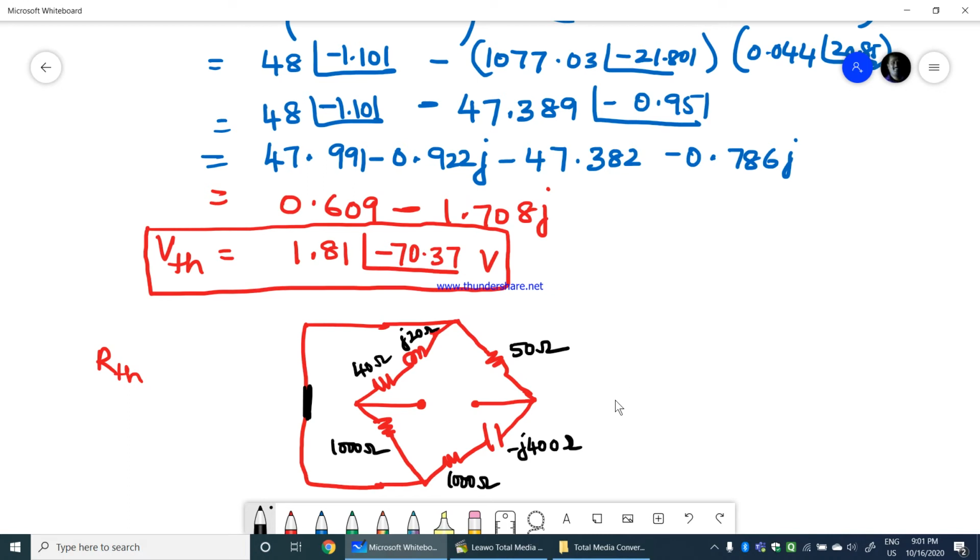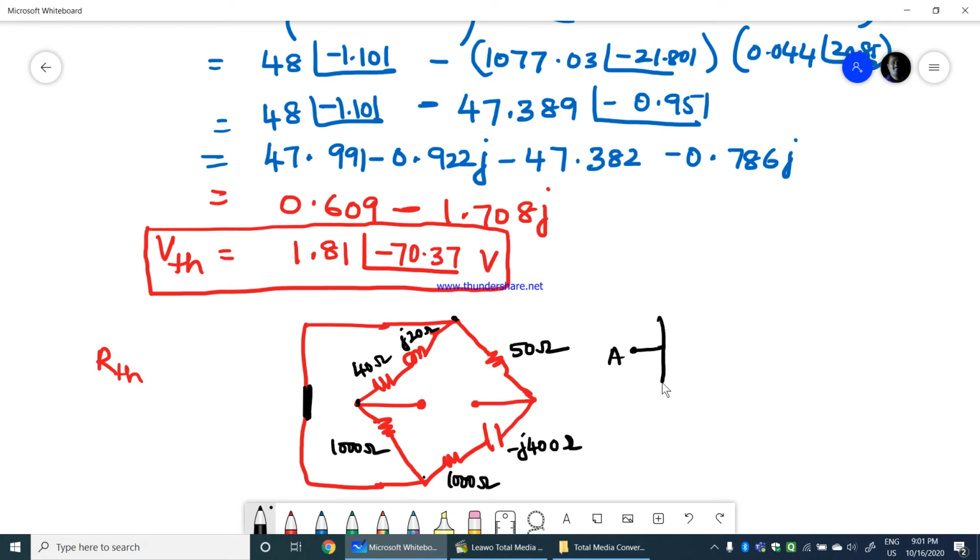So here, if I see this properly, this combination and these two are in parallel. So we have this is A and this is B. So this is A,